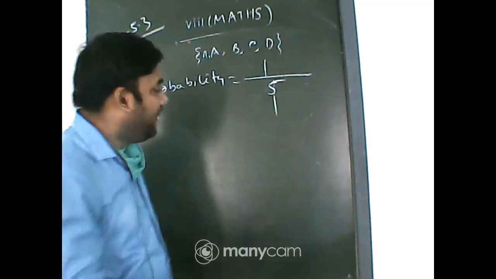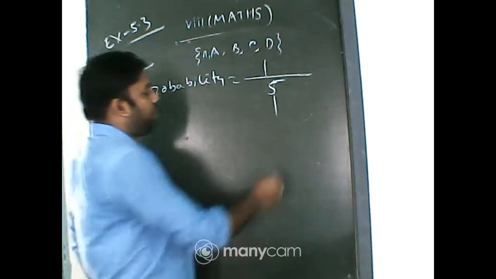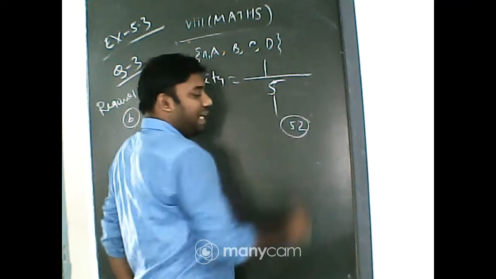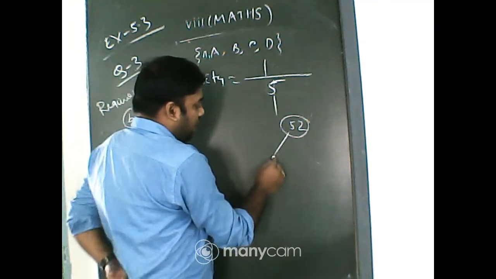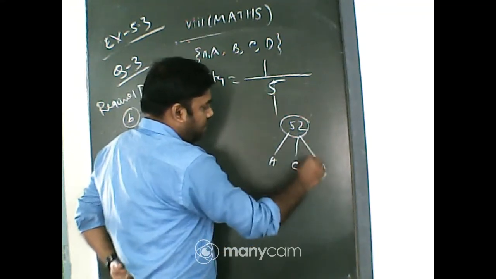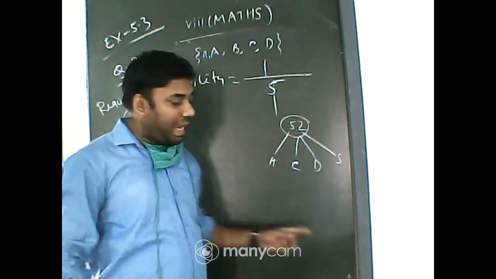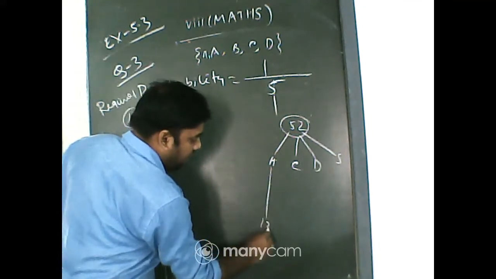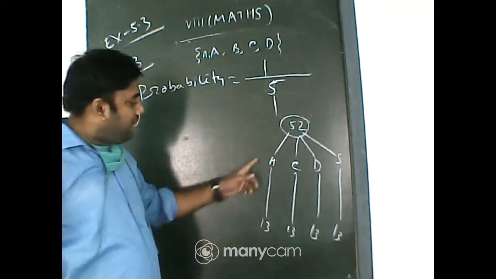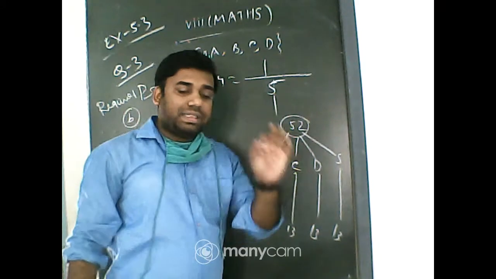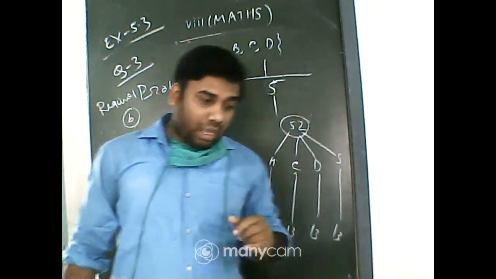Okay, so in a 52 packet, question number B: in a packet of cards, the total number of cards is 52, and there are 4 types of card. That is heart, club, diamond and spade, and each of them has 13 cards. In each of them, there is 1 ace, 1 king, 1 queen and 1 jack. Now in this question,